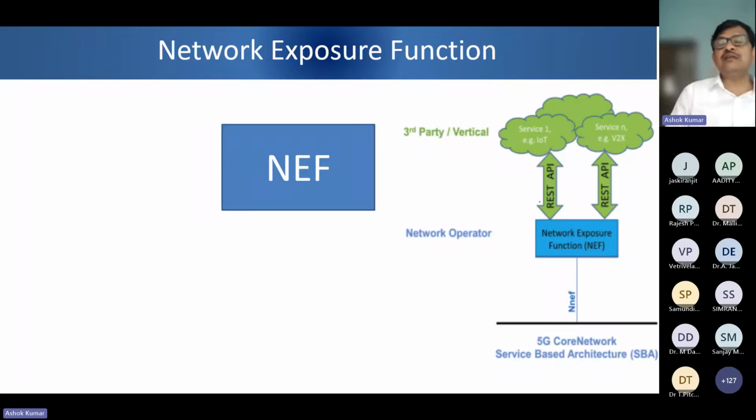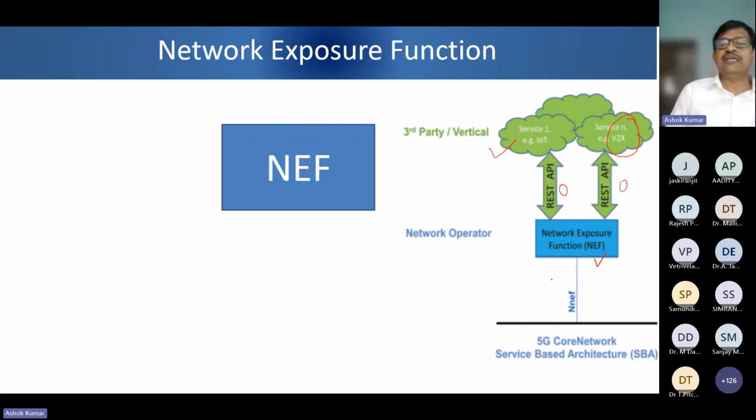It exposes a REST API towards the outside world for third-party applications. That can be OSS, BSS, or for example, IoT. Suppose the network has to support IoT, so the IoT server will be connecting to the 5G network through NEF. Suppose there is V2X, vehicle to anything, an autonomous vehicle, there is a server. So that will connect to the network through NEF,